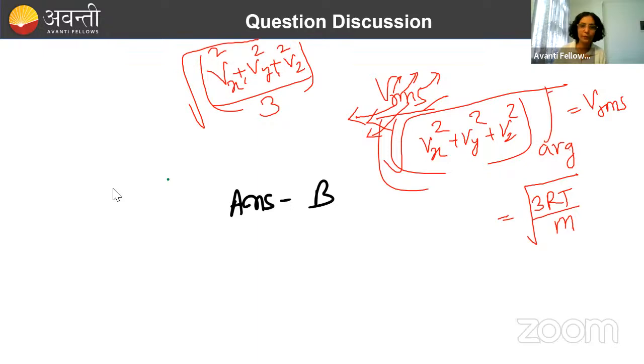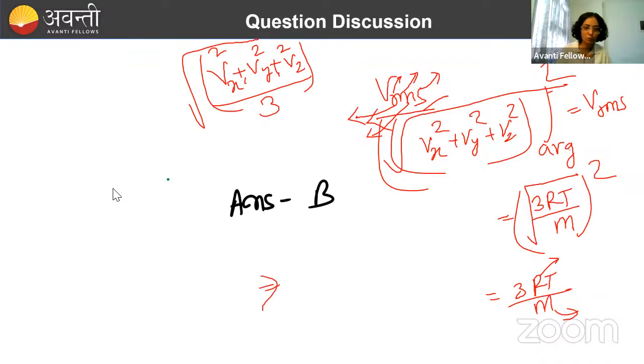If we are going to square it, what we will be getting, यहाँ भी square मिलेगा, that square term is there on the RHS side. So यहाँ पे होगा 3RT by M. This M is what, molar mass. This is universal gas constant. Now here in the question, M is not given, small m is given, that is mass of one molecule is given, right? So how we can do that now, 3RT, M can be written as Avogadro number